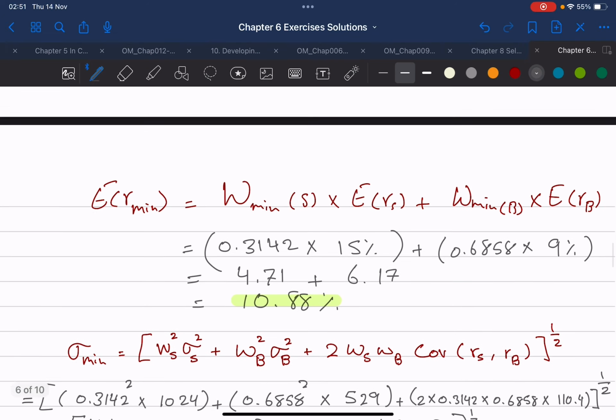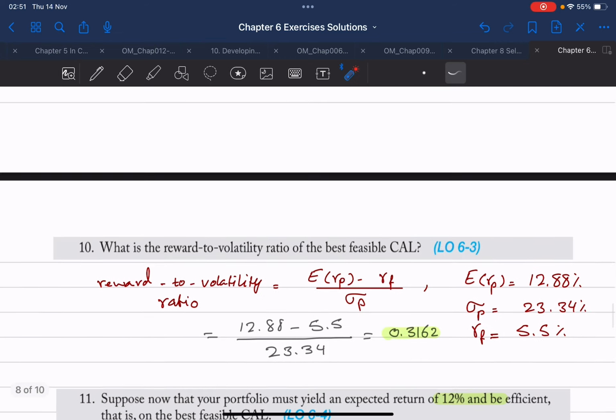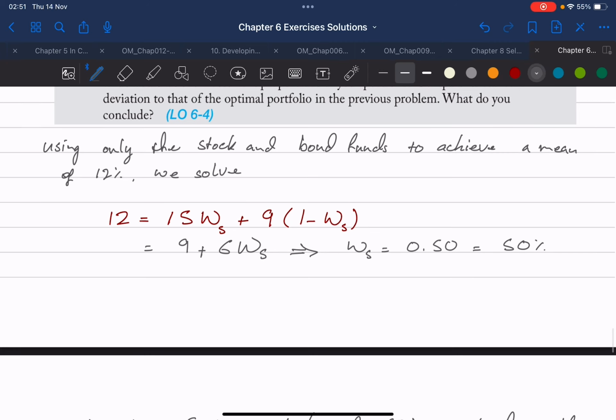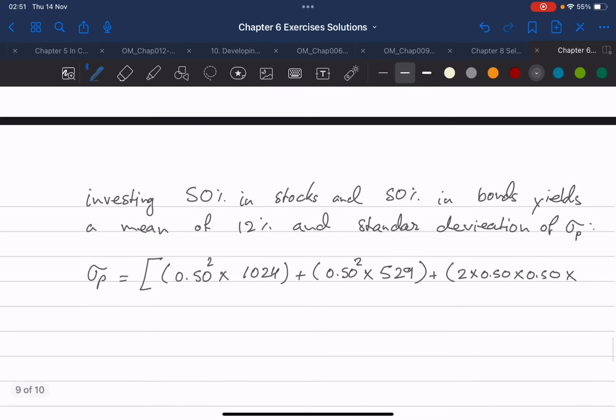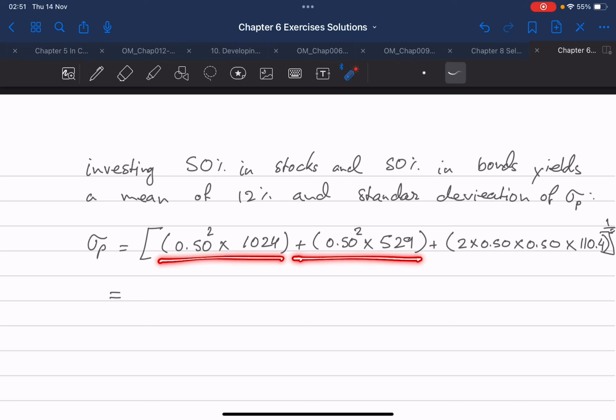Let me see. Yes, 110.40. $110.4. Okay, all to the power of 1/2. Okay, now we simplify this calculation, and you should get, and again, just make sure that you do this one term at a time. Okay,